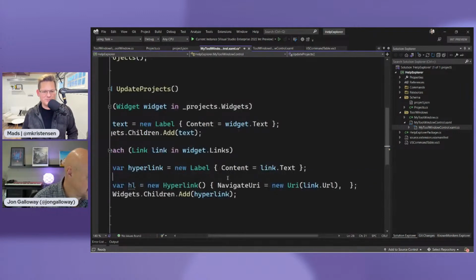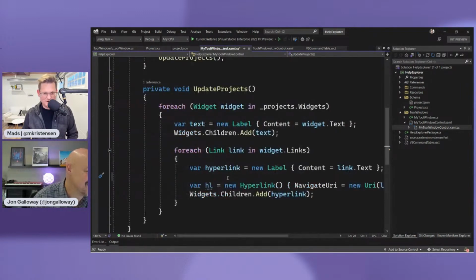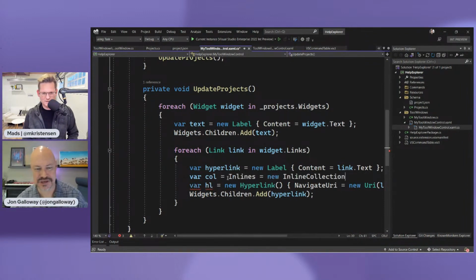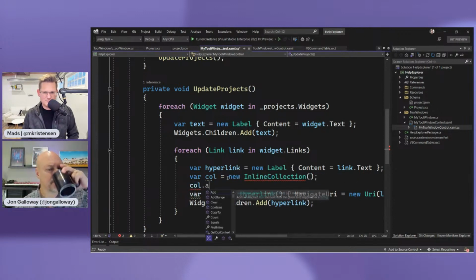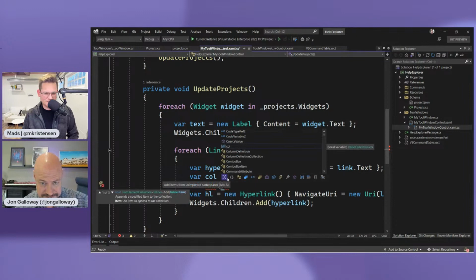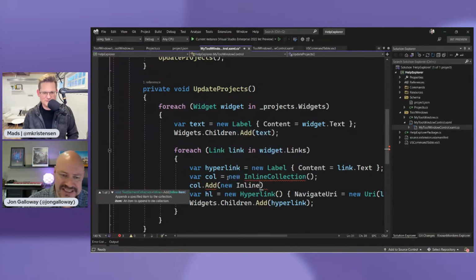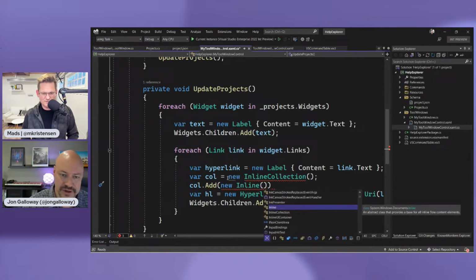What, who made that API? You know, that's always been my thing with WPF: you can do all kinds of things with it, but it seems a little over-architected at times. So we're going to add a new. And you can't set a new collection. You have to, you do